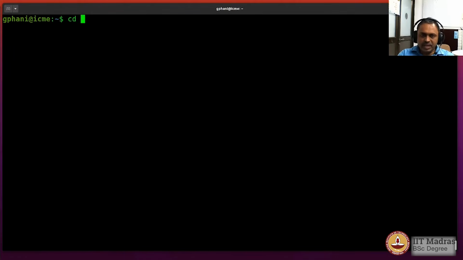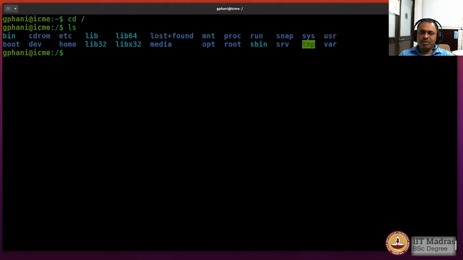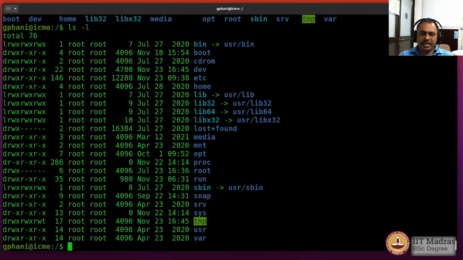Now let me go back to the root folder, and using ls we will see that there are certain folders in the root folder, and with the -l option we can see the long format, and it indicates several things about the file system that we can already start getting familiarized with.